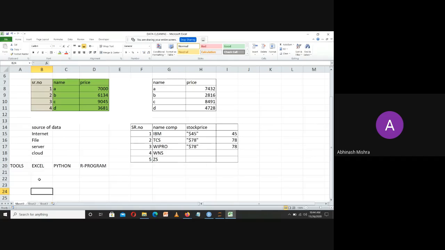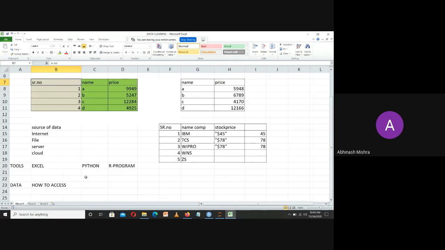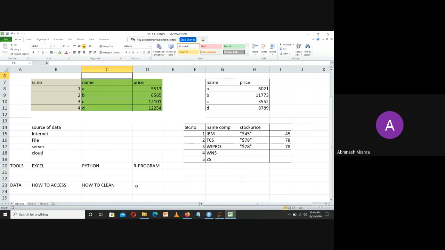Now, this particular program we are going to deal with. So let me have a descriptive study plan for us. So today, first of all, we are going to study data. Then we are going to study how to access the data, because data can be in different sorts of files. It can be a CSV file, it can be an Excel file, it can be a SAS file, and different sorts of files. How will we access these sheets in the system? Then we will be moving on to how to clean the data. What are the steps of cleaning?